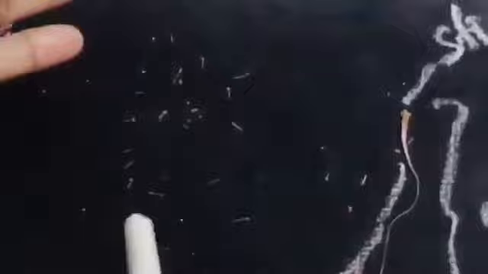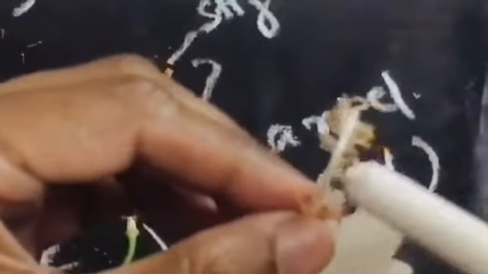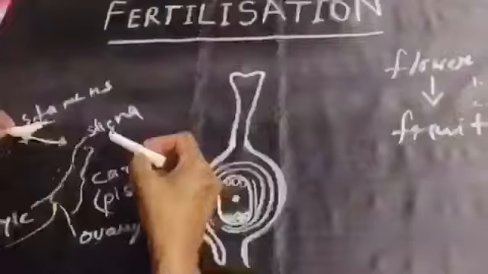Now look at the stamens. I have scattered the stamens over here. Stamens are the male reproductive parts. You can see the stamens here. This knob-like part is the anther of the stamen and the stalk-like part is the filament. On the knob-like part of the stamen, the anther, we can collect the yellow powdery pollen.